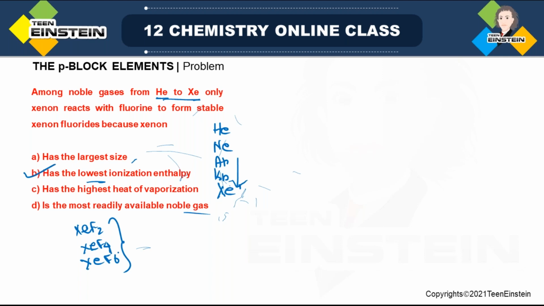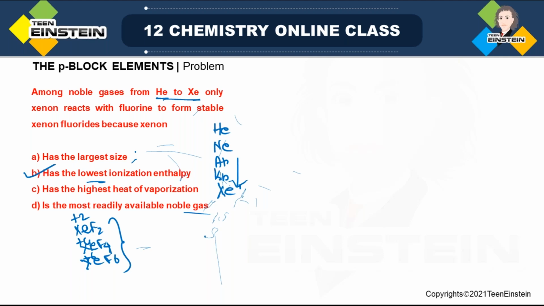Now to make this type of fluorides, obviously there will be different oxidation states, +2, +4, +6. That means you have to remove some electrons, and removal of electrons will be easy when ionization enthalpy is very low. So that is why this is the actual reason. It is also true that it is largest in size, and that is why you can easily remove the electrons. But the actual reason is that the ionization enthalpy value is low, so you can easily remove an electron and it can take part